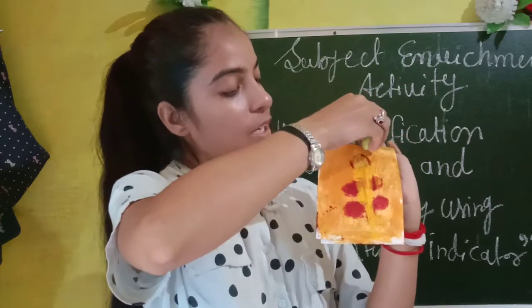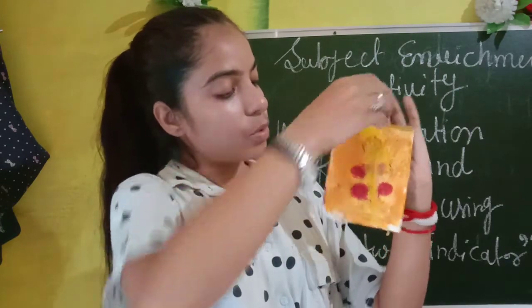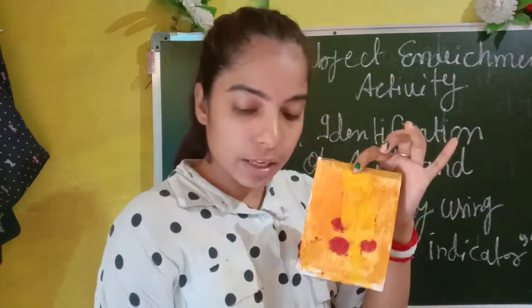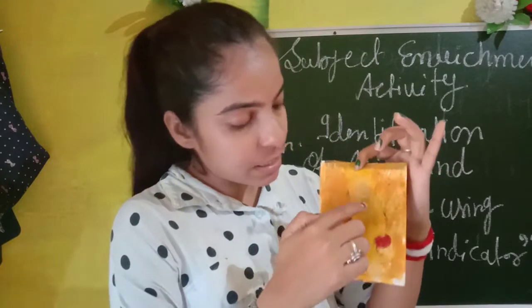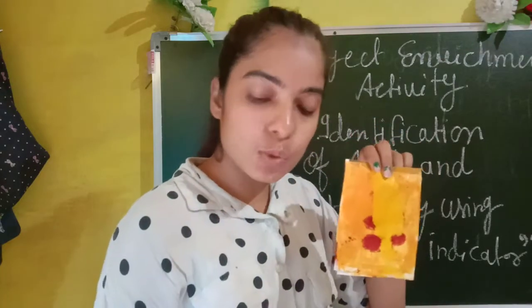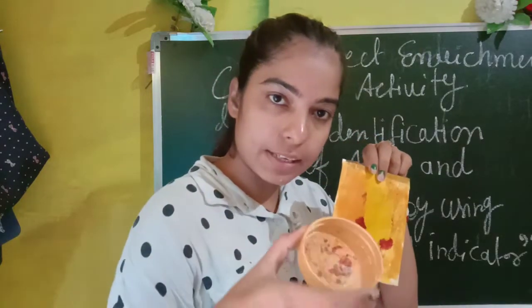What are you watching here, students? On using the lemon drop, the color of the detergent, that was a red color, is just reversed and comes into the yellow color once again. Okay, here two substances you are using on the turmeric paper, that is the lemon and the detergent. Okay, so this is your procedure.